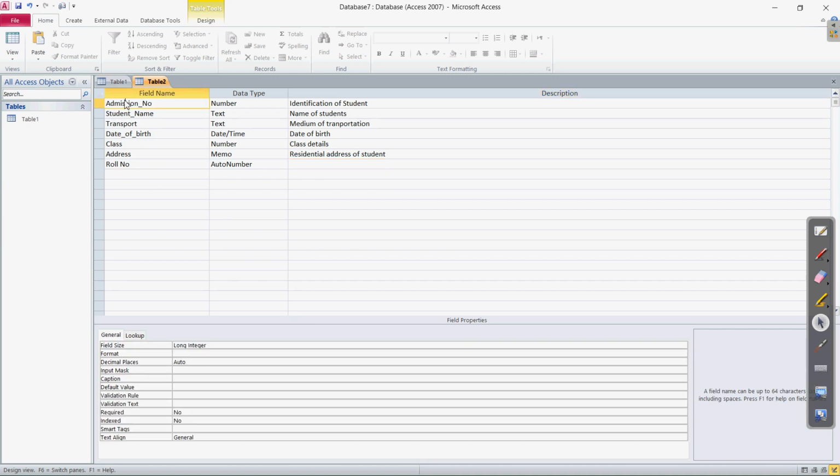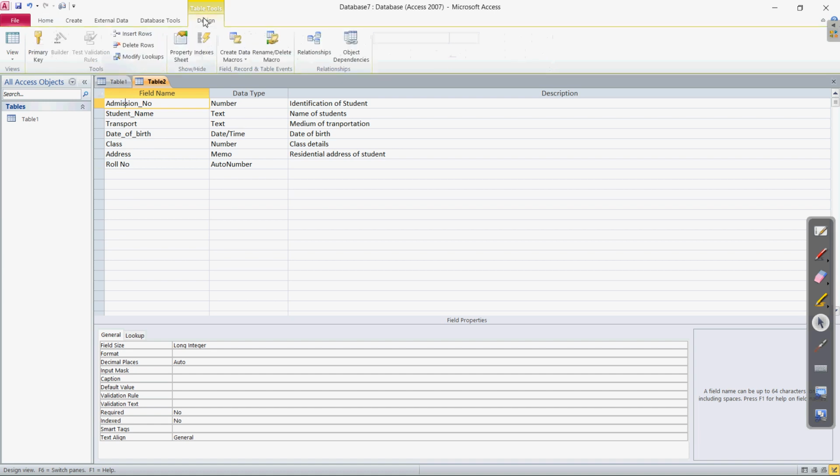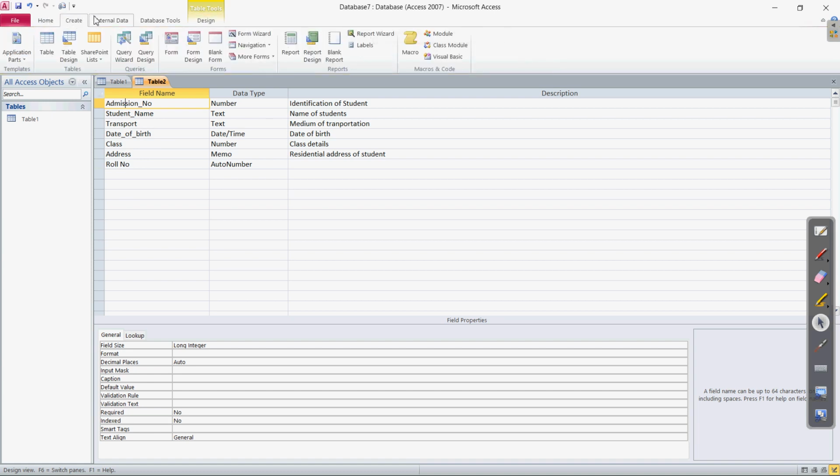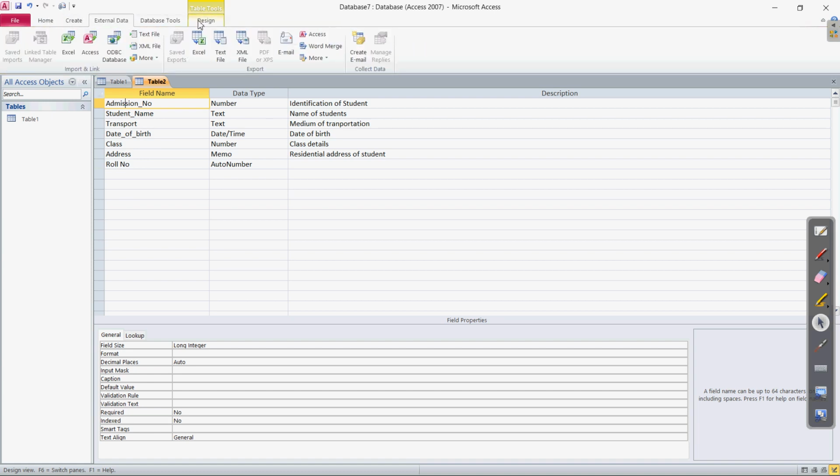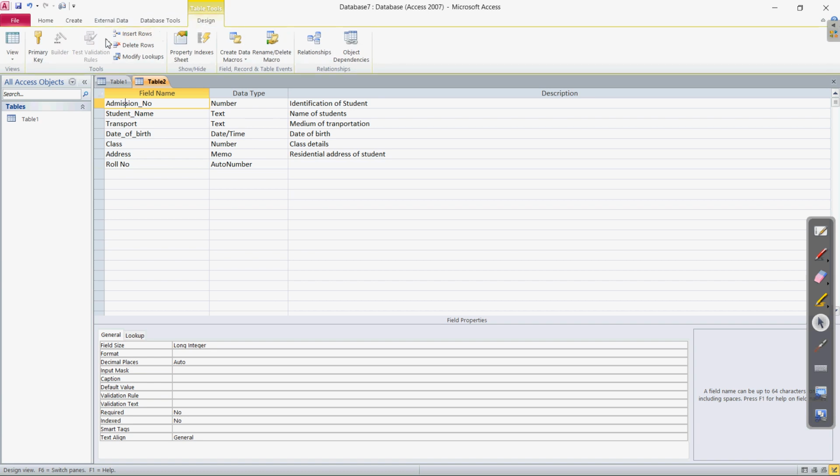Here is admission number, and where will we find the primary key? In the design tab. At the top there are different tabs: home, create, external data. In the design tab there is the primary key, here with a key symbol.